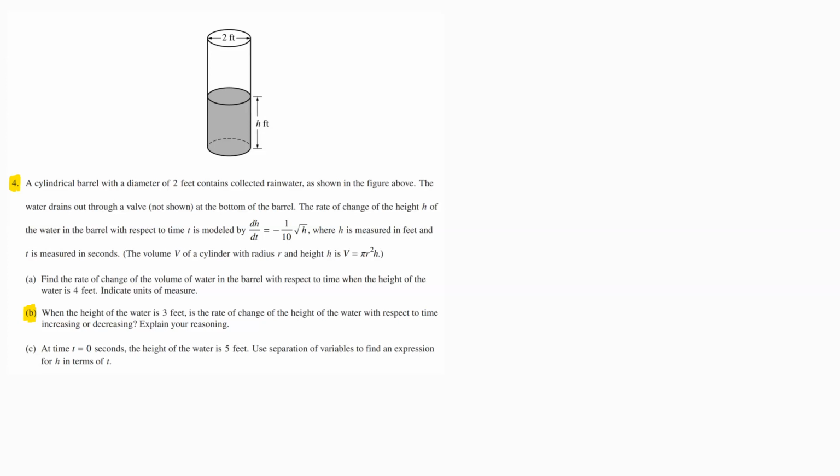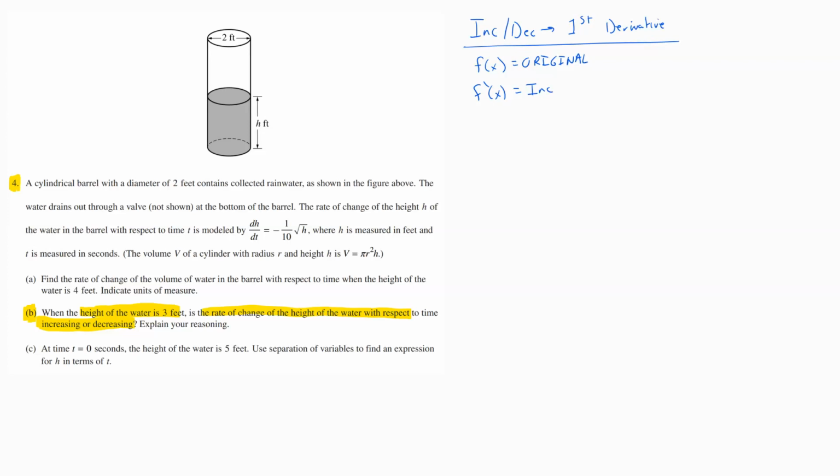All right, so on B right now, it's telling us when the height of the water is 3 feet, the rate of change of the height of the water is increasing or decreasing. When I see terms like increasing or decreasing, that really has to tell me that I'm talking about first derivative information. And so when you're trying to wrap your head around this, kind of keep track of if you had f of x was your original equation,